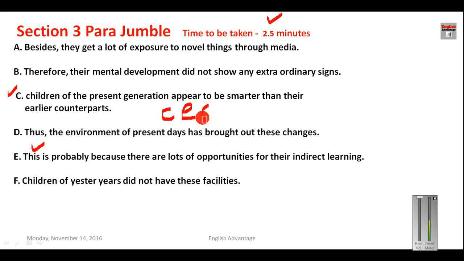So after this you can put A, then you can say now till now we have been talking about the different facilities and different opportunities. So here you are saying the children of yesteryears did not have these facilities, because we have already talked about these facilities. So that is why F will come. Okay, and after F you can say